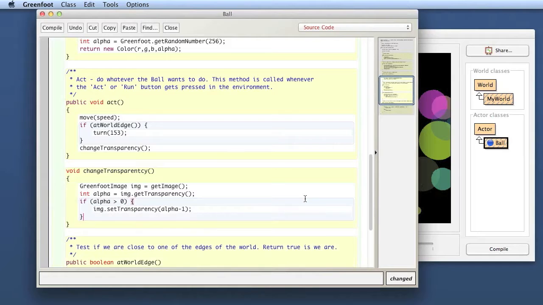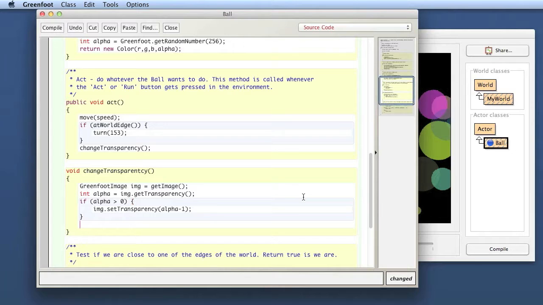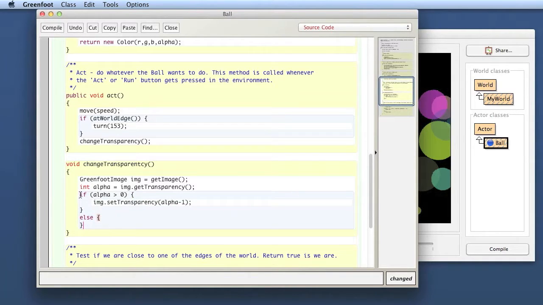And now we're actually seeing an extended form of the if statement. The if statement that we've seen before was always of this form: the keyword if, a condition, and a body. Now the if statement actually has an extended form. It can also have an else clause. So I can have an if statement that has a condition and a body, then the keyword else and a